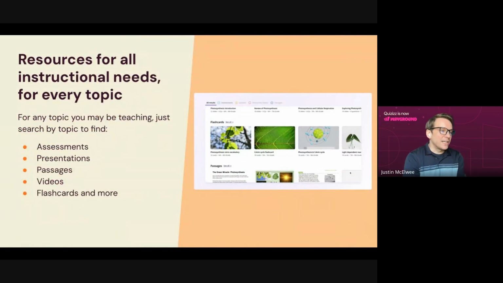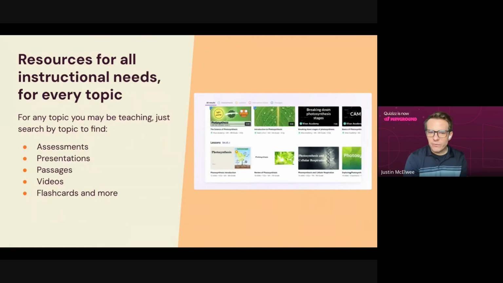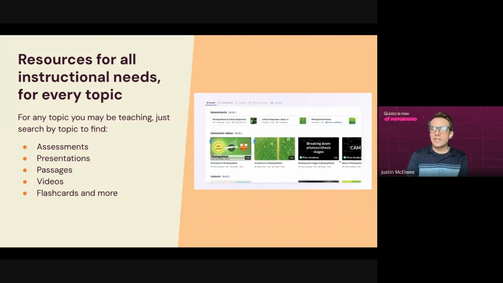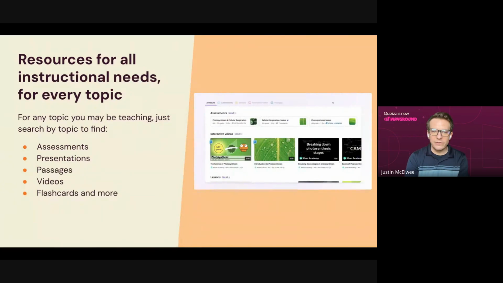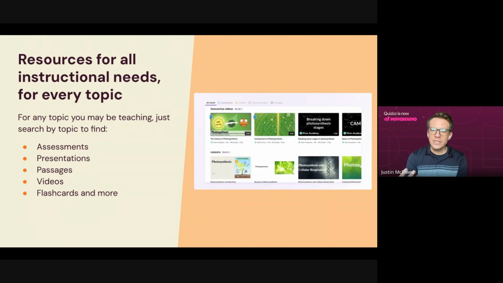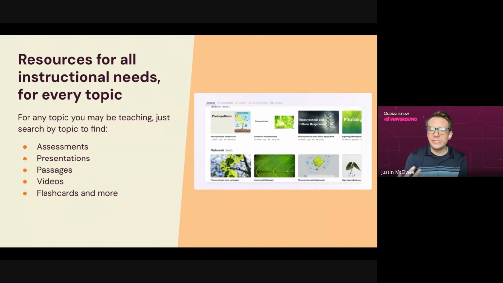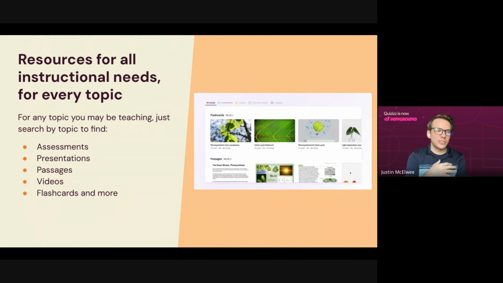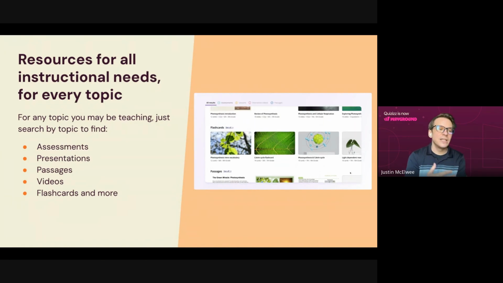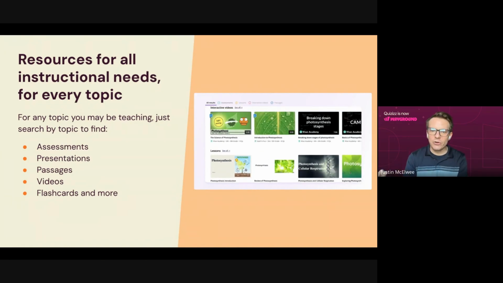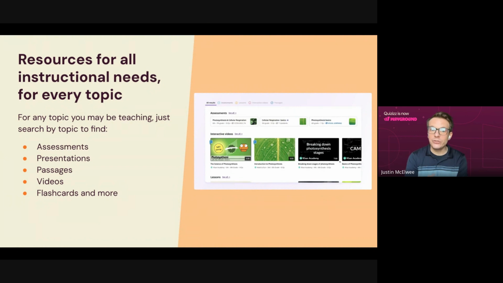Okay, so like I said, we also have resources for all those things. So if you don't have time to import something that you already have used in the past, or maybe you don't have the opportunity to have the AI build something for you, you also have the ability to look through our library. We have partnerships with different groupings, different organizations. We have aligned a lot of our content in the library to both state standards and different curriculum